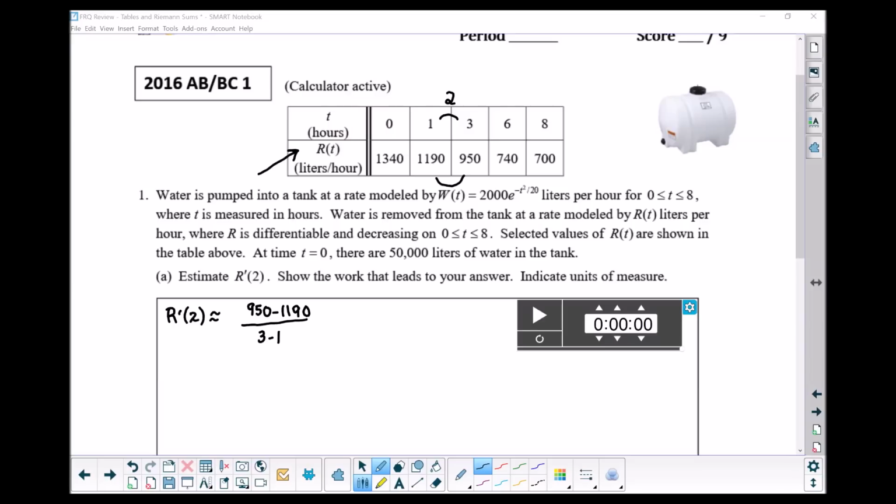Now, that being said, what if a student was really interested in going a little farther with this? Well, you could go ahead and subtract the tops, right? A 950 minus 1190. What would that be? Well, that's a tough one. That would be, let's see, I'm saying negative 240, is that right? Over 2. And then you could go even further if you wanted to. You could simplify to negative 120. However,